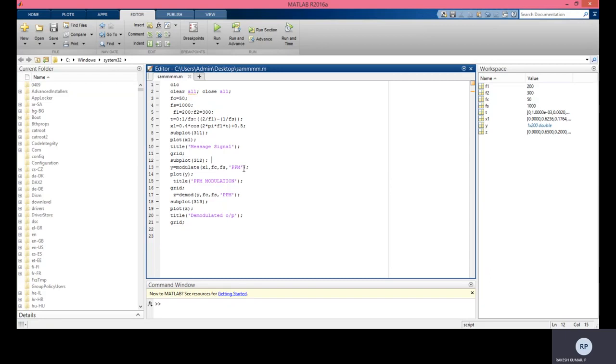Okay, so very simple. If I want to get a PPM signal generally, first of all I want to generate a PWM signal. For the PWM signal, I need the message signal and the carrier signal. Once the message signal and carrier signal are available, I first generate the PWM signal. Once the PWM signal is available, then we can calculate the PPM signal. But by using the inbuilt ppm function in MATLAB, you can directly obtain the wave. Okay. Thank you.